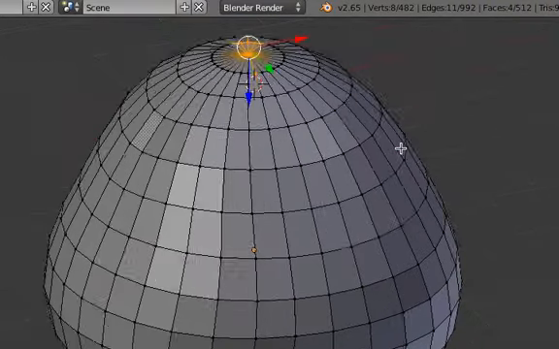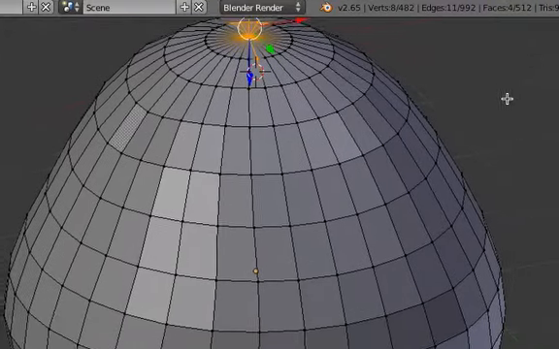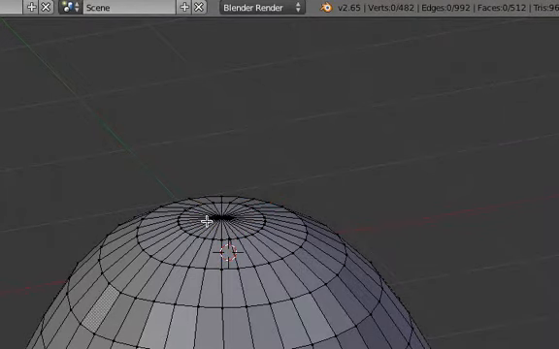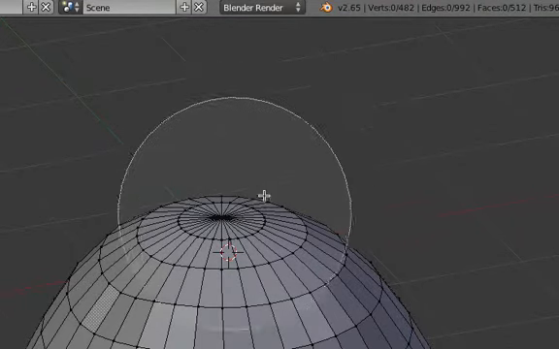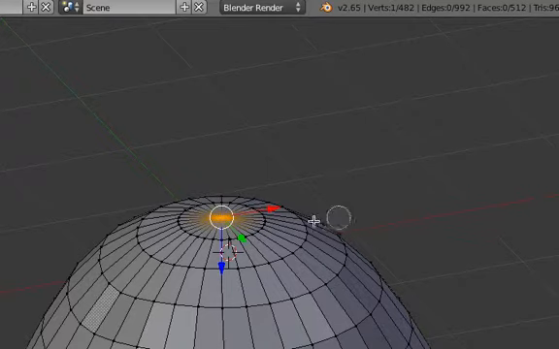I'll right click and get off of that. I'll zoom in, do A A again. I'll do C, and you can see when you do C, you could increase how much is going to be selected with the circle or not. So I'm going to go real small here and just select that, and I'll right click, and I'll do G Z